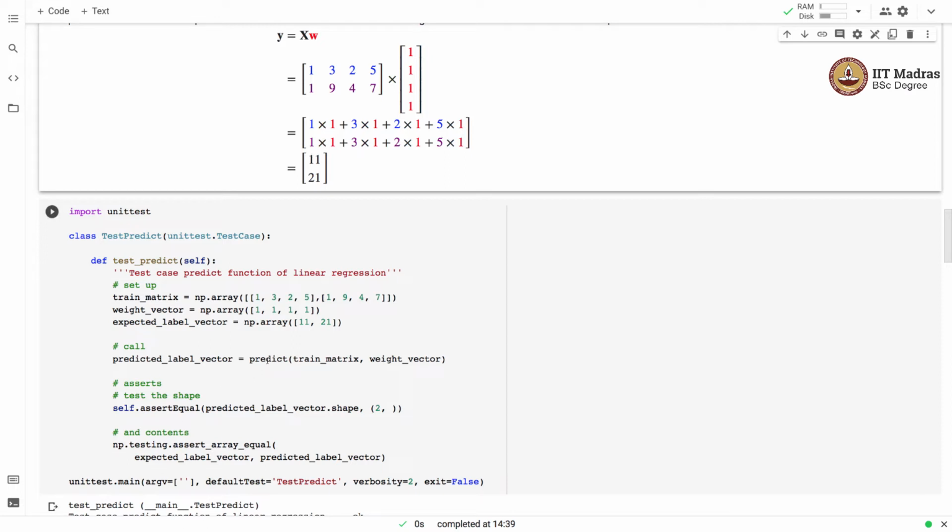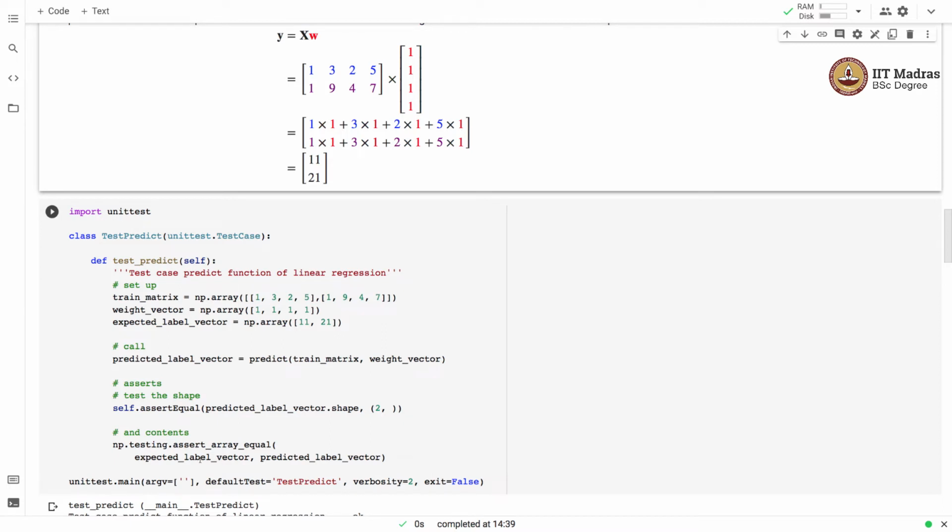Now we call the predict function with training matrix and weight vector as arguments, and we obtain the predicted label vector. We first check the shape of the predicted label vector and assert that it is indeed 2. And second, we check the content of the predicted label vector and check whether it matches the expected label vector. So we use this function called np.testing.assert_array_equal, which tests whether 2 arrays have equal content.